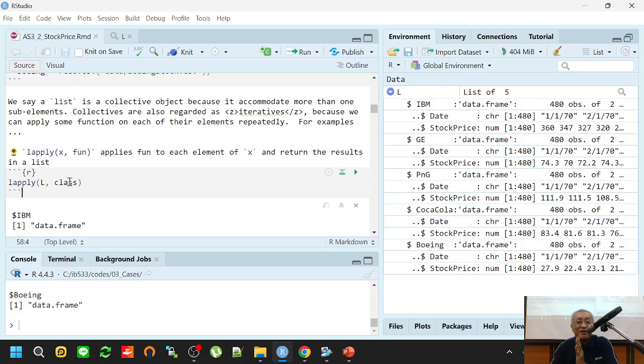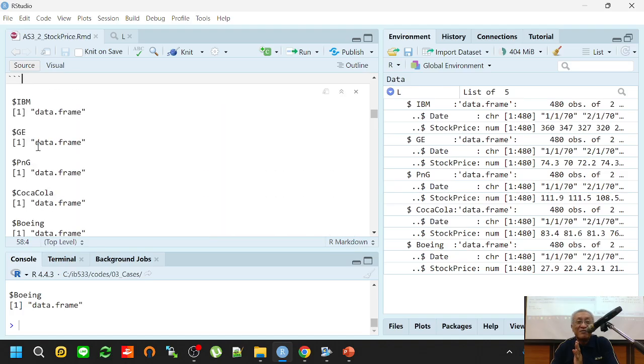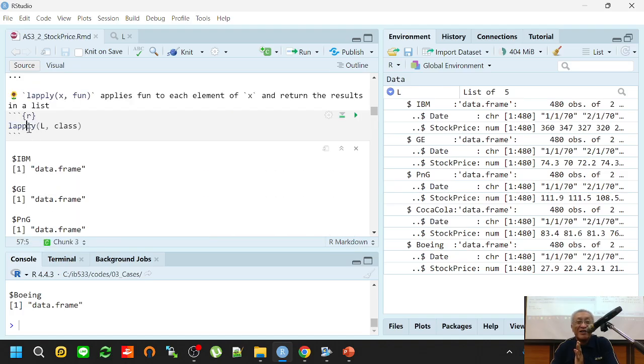So you apply the class function to each element of the L list, okay. And then we have